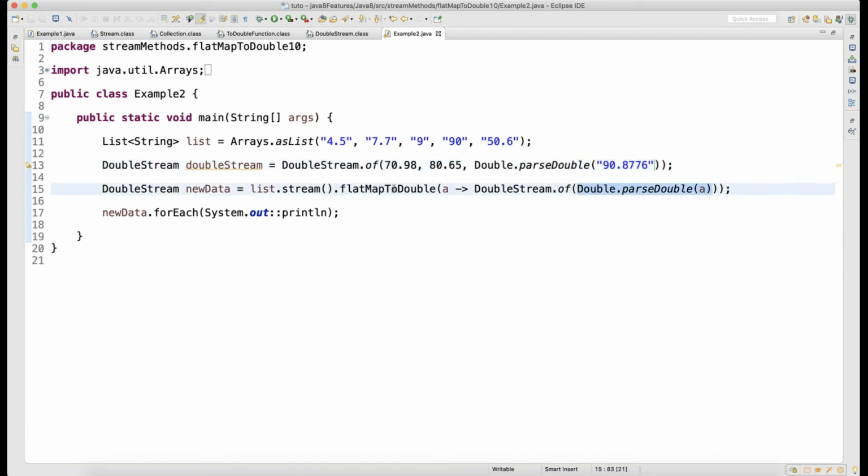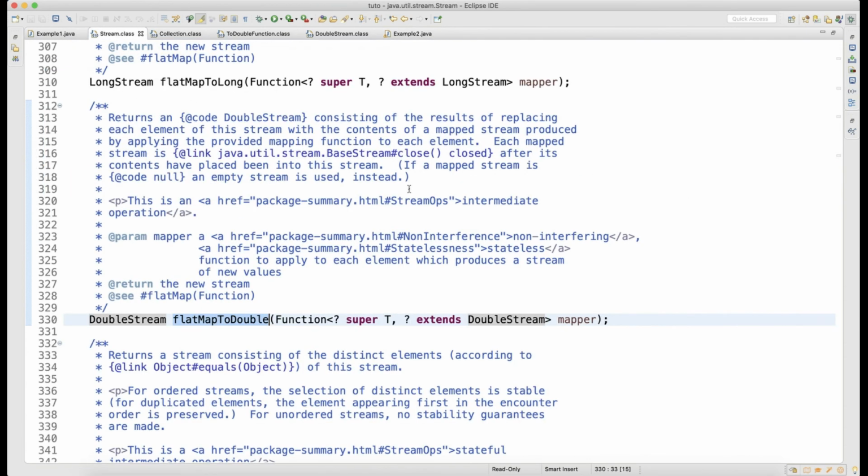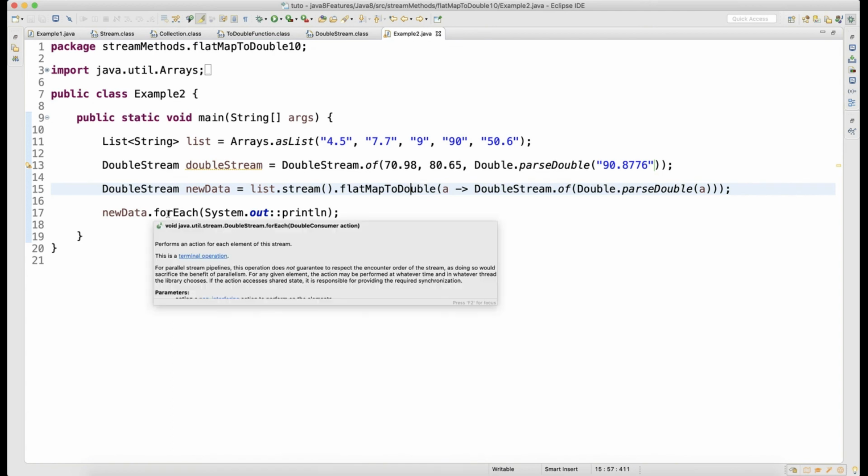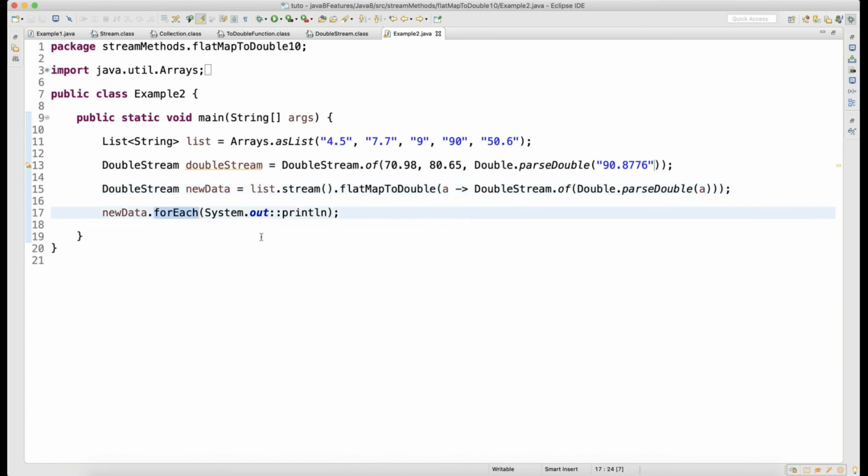Once it gets mapped to a double stream, the return type is going to be a double stream, right? Because when you say flatMapToDouble and press control on this, the return type is a double stream. Since it is a double stream, I can make use of forEach, because on a stream I can run forEach, and I'm just printing it. Here I'm using a method reference, System.out and then println.